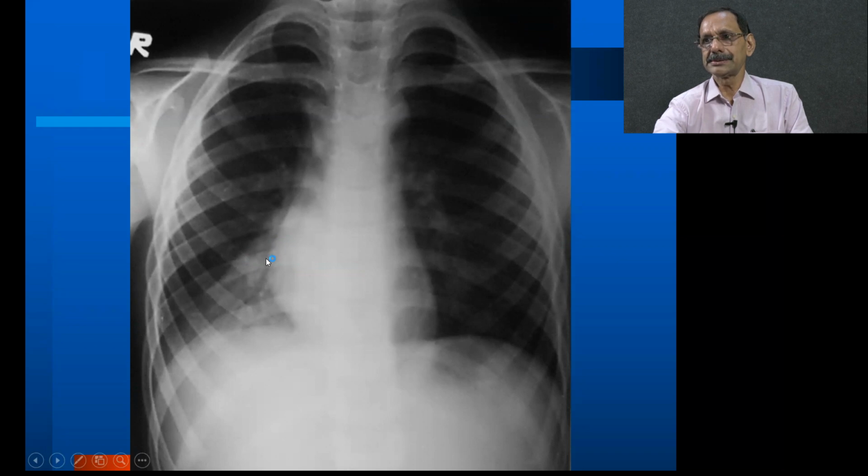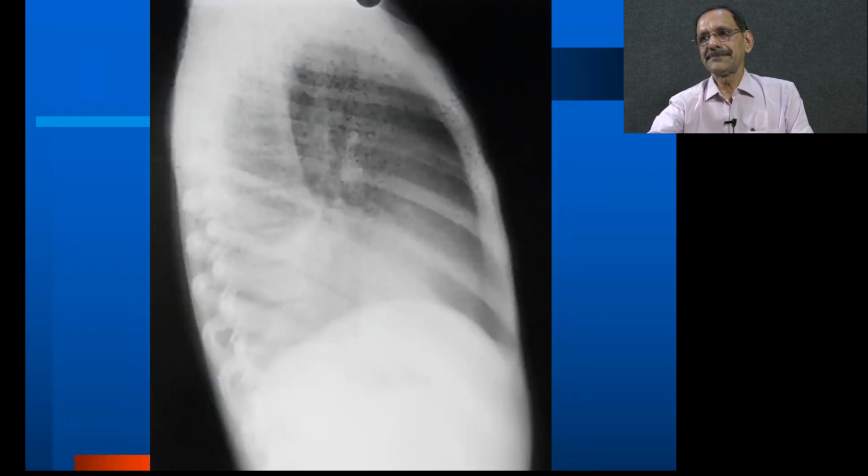Heart border clearly goes through it, which means, by our Silhouette principle, it is not really in touch with the heart. So this is not middle lobe, this is likely to be lower lobe in touch with the diaphragm, and here the diaphragm becomes indistinct also, so it is in touch with the diaphragm. So this is a consolidated segment, but because of the mediastinal shift and this slightly concave border, it should be taken as a collapse.